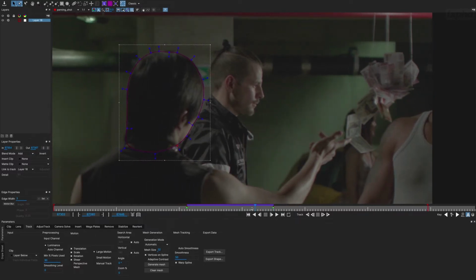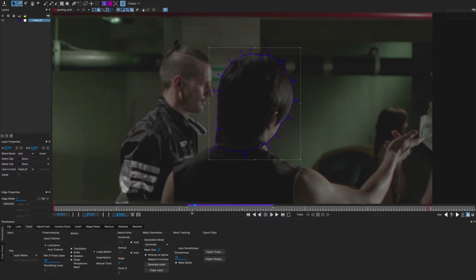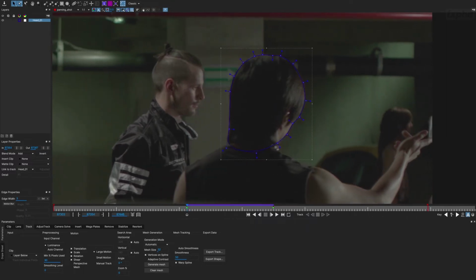And then I'm gonna step back. I'm gonna name this layer. So this is head 01. And I'm gonna turn off the cogwheel, and I'm also gonna color this so that I'll easily identify this as an occlusion shape. So I'll color this blue and go back in my timeline and do another occlusion shape for